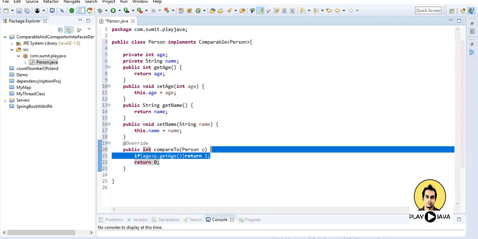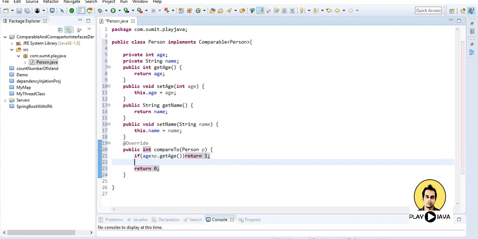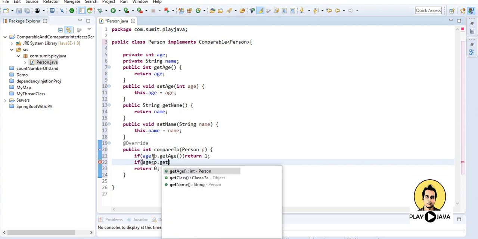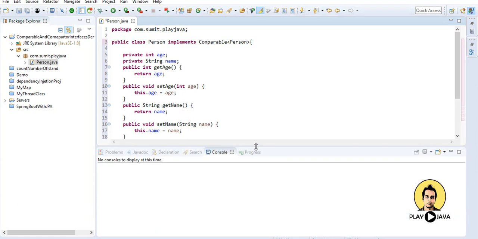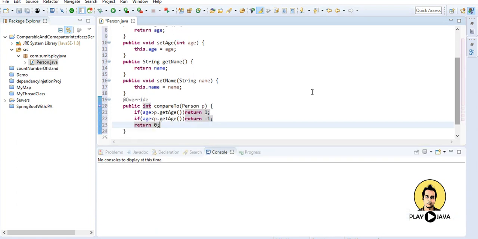And I'll write another if condition: if age is less than p.getAge, then return -1, or any negative number. 1 and -1 are just small numbers, so that's why it's good to use. Otherwise return 0. So this is the part which I have done to compare the data of two or more persons.